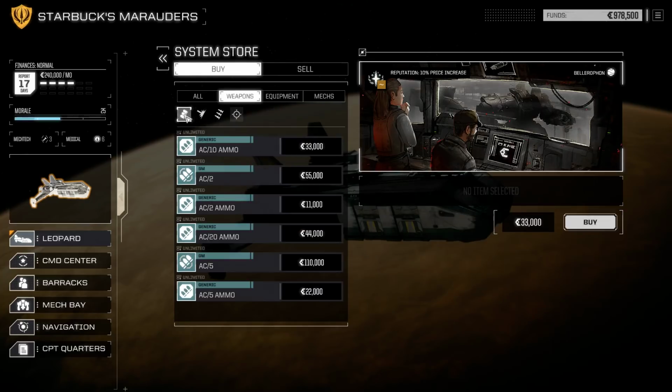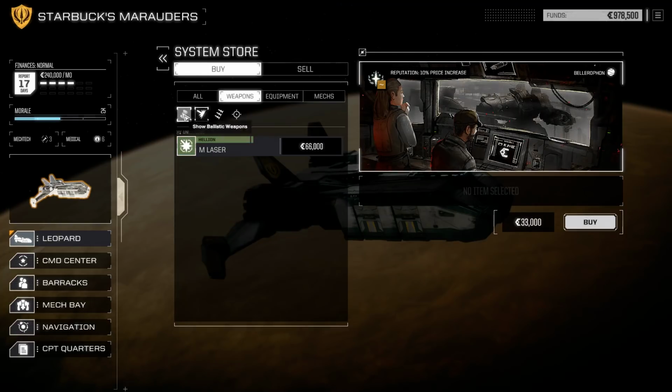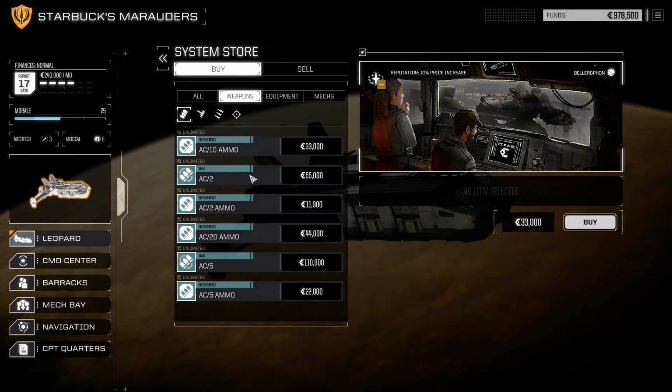One of my favorite mods, what it did is it changed it so that this clicking here wasn't a toggle for categories. Instead, it just selected. So clicking on the laser would be the same as doing this. And then clicking back on the weapon here would be the same as doing this. So AC2...